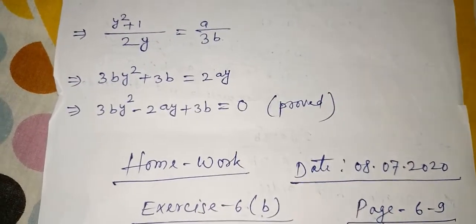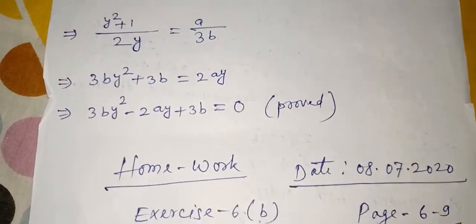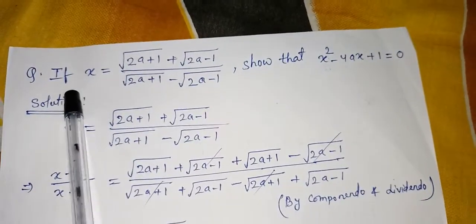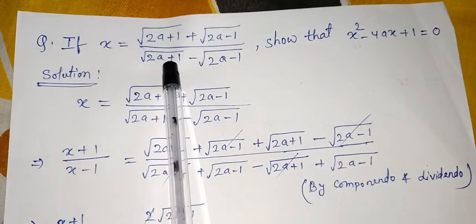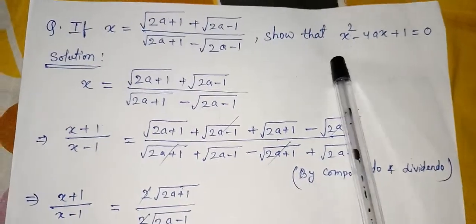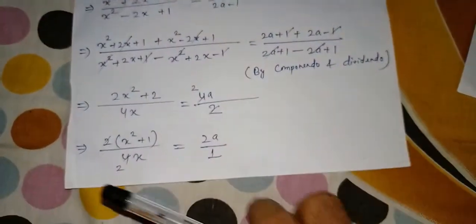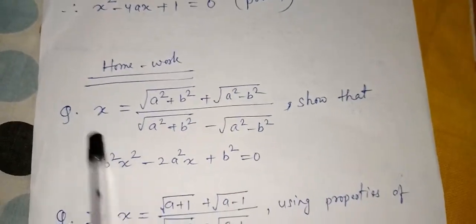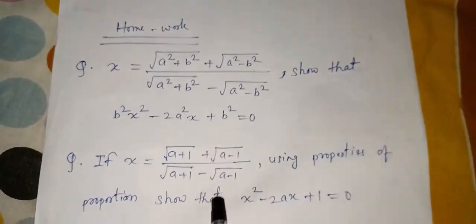You can see whatever the question had demanded to prove has been proved. There is one more question very similar to this question. I will provide you that in my PDF. Same thing, there was y equal to, here it is x equal to, the rest is same. And in the proving part there was y square and all, here it is x square. So the same question I will not repeat one more time, and at the end I have proved it here. I request you, the same type of question I have given you as homework. So you see both are same.